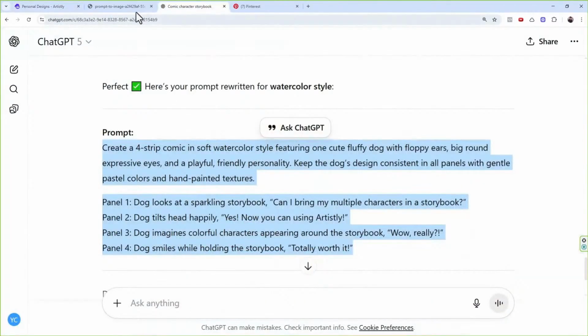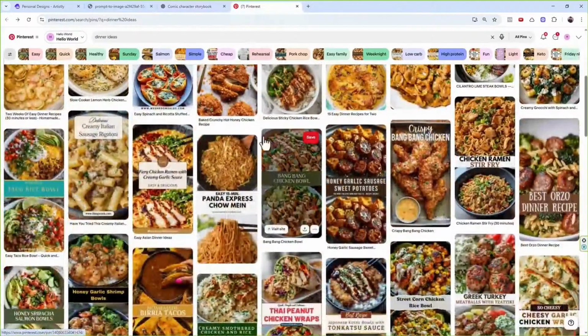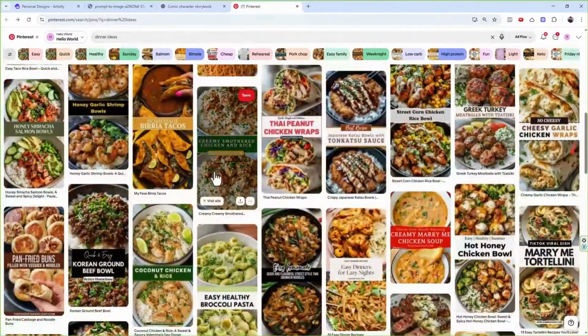So now let's say I go to Pinterest again, and this time I search for dinner ideas. Now think about all the Q4 that is coming, right? Going forward, our trainings will be more focused on how you can maximize this Q4: all the niches, all the categories, all the product ideas, all the things where you can get maximum free traffic, and how you can optimize and monetize with these product ideas and different niches. That's my goal, so every single week I'm going to drop golden nuggets, and Pinterest is one of them.